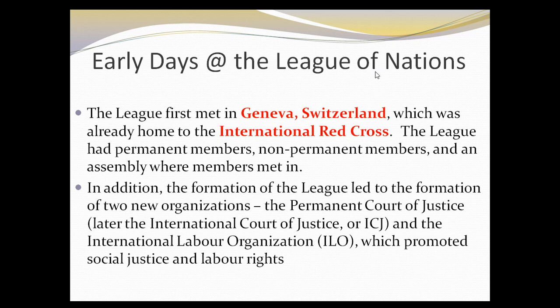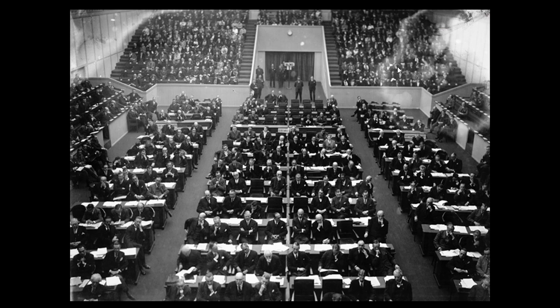The other organization, which was important, which is still there, is called the International Labour Organization. It promoted social justice and labor rights and became very important for the defense of workers around the world, which was obviously a big thing and continues to be to this day. There you can see the headquarter locations where the different delegates met in Geneva, kind of like the UN, a little different just in that the UN obviously has that almost spherical look, whereas this is more of just a standard parliamentary style body, but you get the idea.